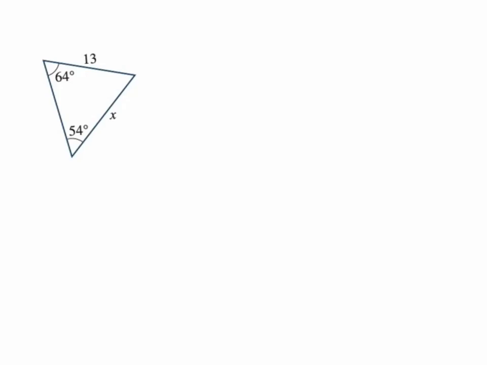Hello everyone, I'm going to do a quick video here on finding a side using the sine rule. So right here I've got x that I need to find. With these problems, when you're using the sine rule or the sine law, you need to look for opposites. So I've got 13 and 15, which are one pair of opposites, and then over here I've got 64 degrees